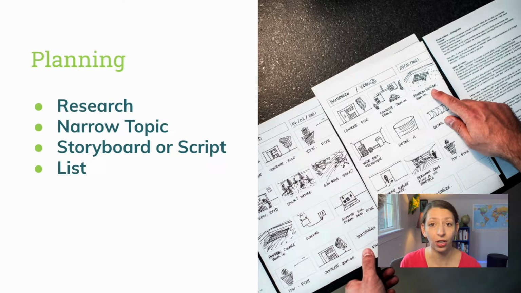You may not know what your interviewees are going to say exactly, but you can still plan out what you plan to film in something called a storyboard, where you get the shots and ideas that you want in order. You can easily sketch this out on paper, even if you're not a good artist. You can also script and do a bullet point outline instead of an actual illustrated storyboard. You can also just create a list of all the shots or ideas that you want to showcase in the